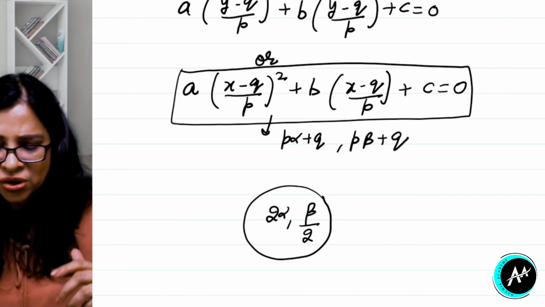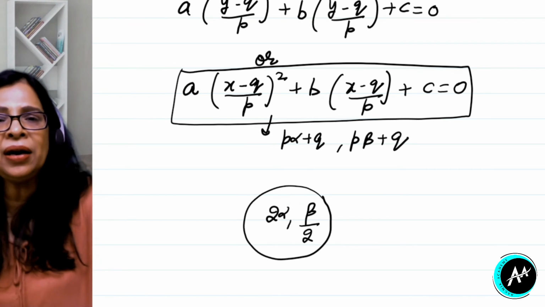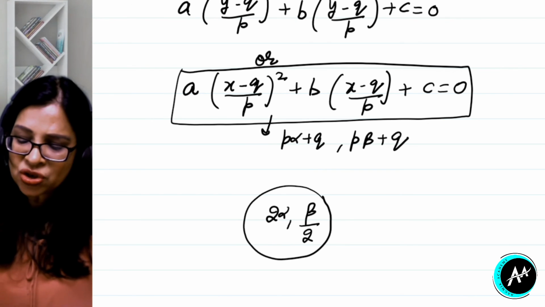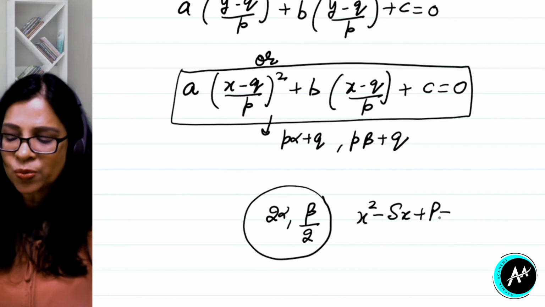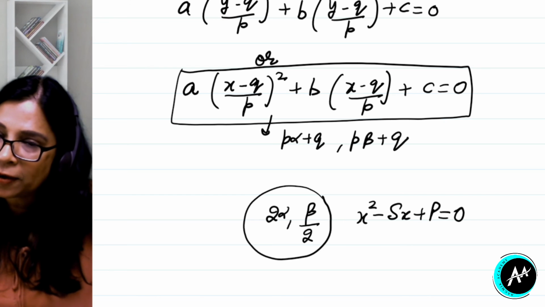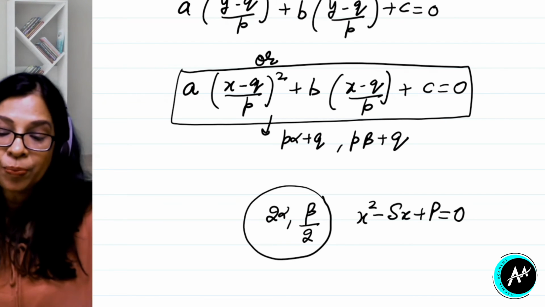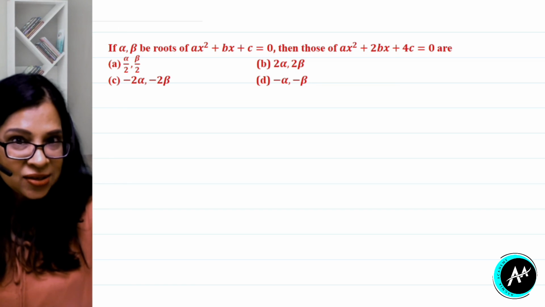How do we do questions of this type? This you have seen earlier. We simply use the concept of sum and product of roots, and the new equation is formed by using x square minus sum of the roots into x plus product equal to 0. Okay, so those questions we have already seen, right? Now let us take up a question based on this. Now let me take this question. You can see this question on your screen.